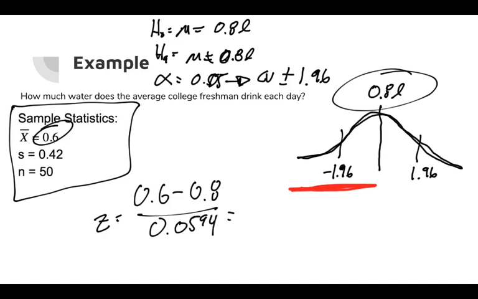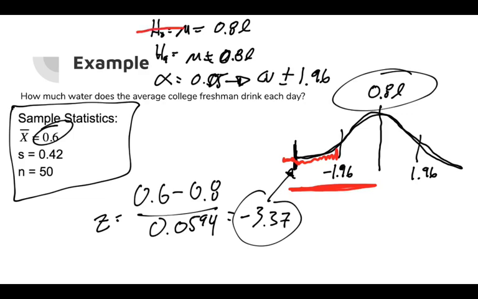And when I run these numbers, I get a z-score of negative 3.37. And that's way out here. Right? This value is way out here. And notice, where am I at? I'm within the region of rejection. So this then allows me to say, oh,